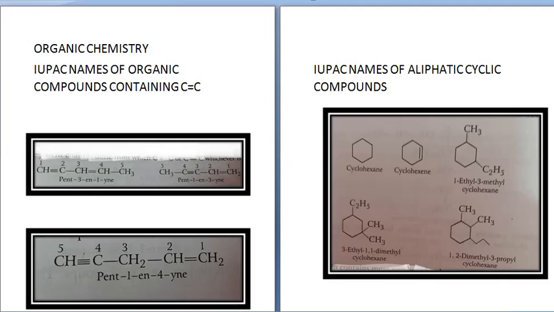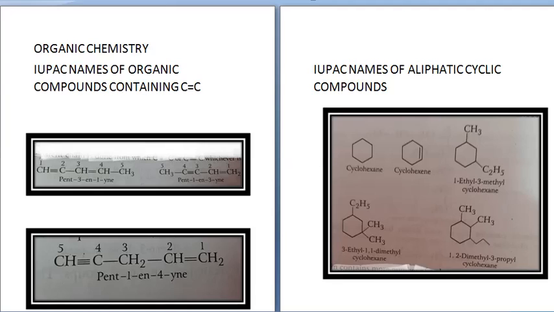In such cases, when there is a carbon-carbon double bond, the suffix "ene" comes, and if there is a carbon-carbon triple bond, there is the suffix "yne", Y-N-E. But if both are present, then "ene" will come before "yne". So the terminal E of "ene" is dropped. Numbering of the parent chain is done from whichever position the double bond is nearest or the triple bond is nearest. Okay.